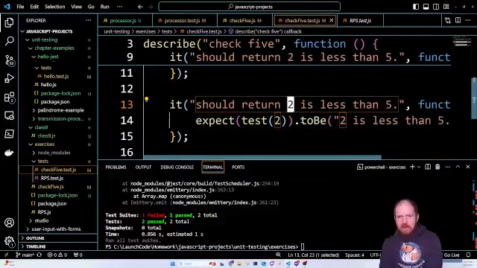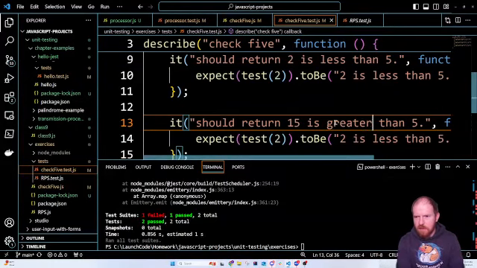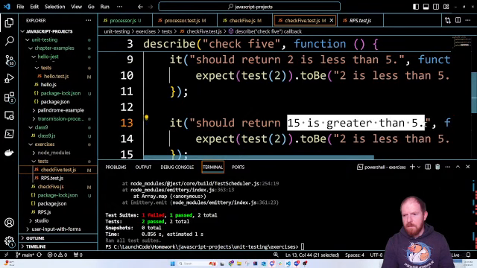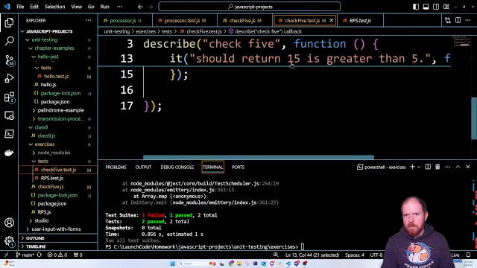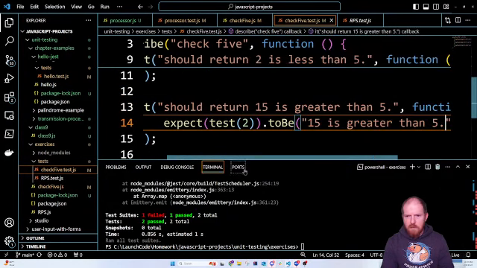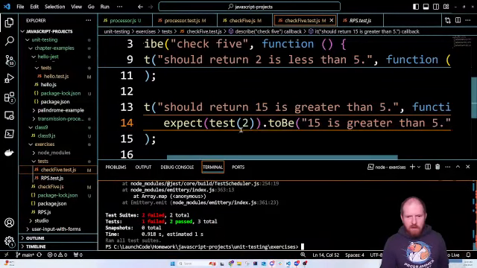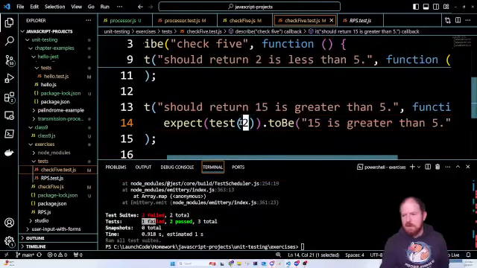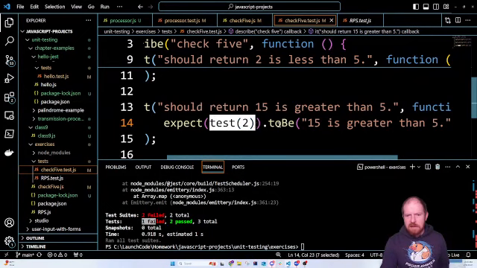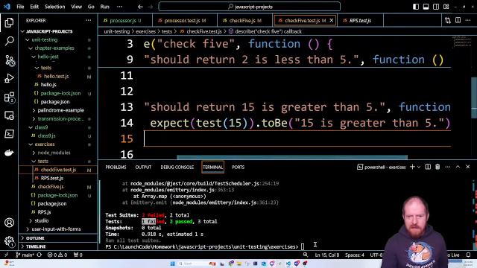Let's do 15 greater than 5. Oh. Let's run this thing. Oh, that's partly because I didn't change my test. So it's a common mistake when you're copying and pasting. You always want to make sure this is what I'm actually testing and this is what I expect the output to be. So I'm going to say if I throw in 15,